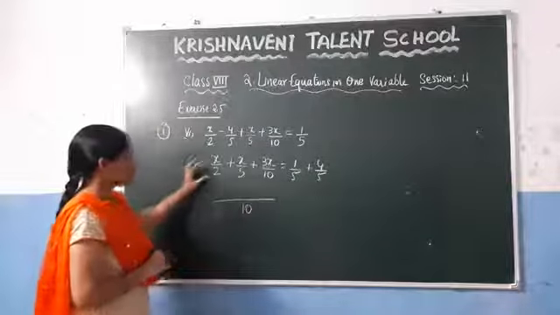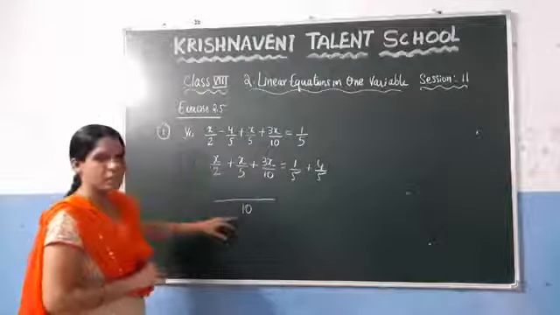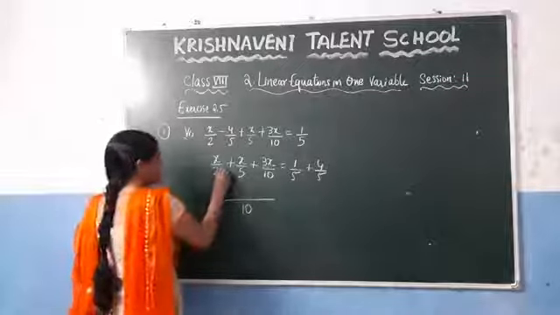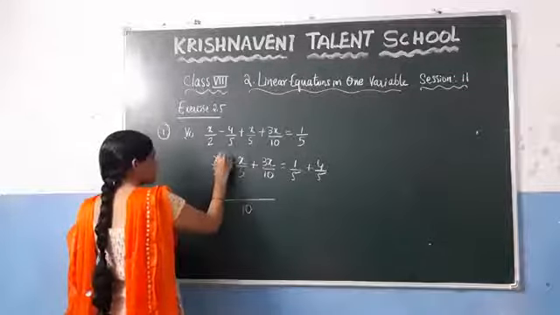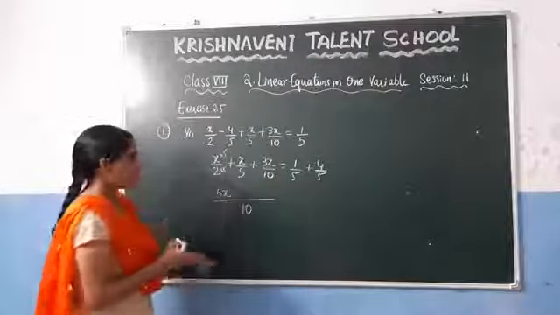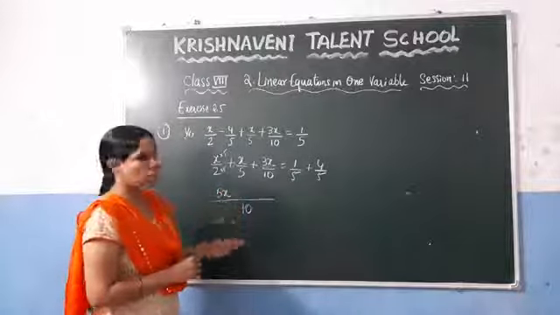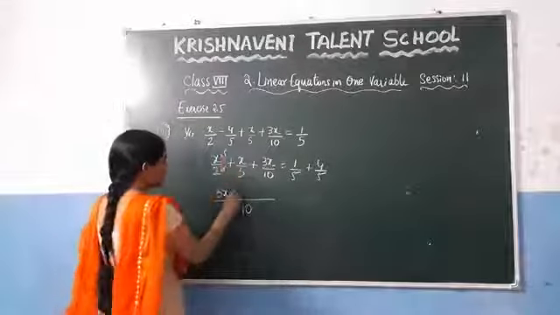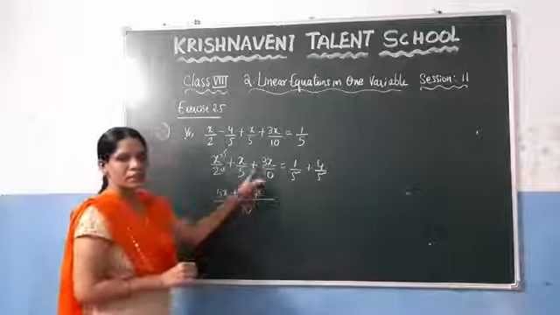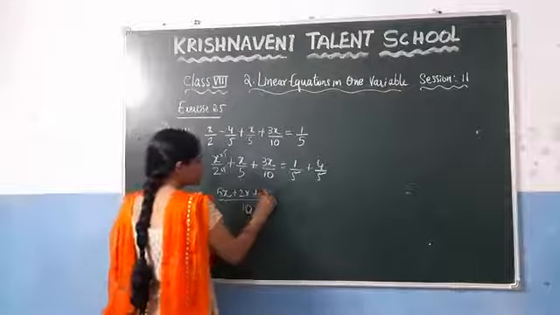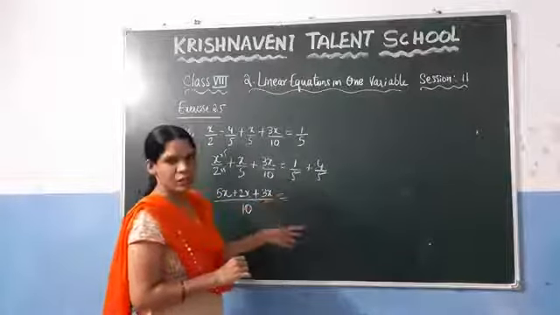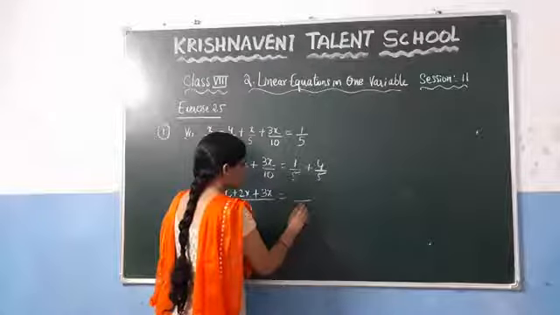Now here which number you need to multiply? You need to multiply here 5 because 2 into 5 is 10. So since we are multiplying with 5, you need to multiply here also 5, you will get here 5x. Now in 5 table when you will get 10, 2. So multiply with here 2, you will get here 2x. Plus since 10 is there, write the numerator plus 3x is equal to, what is the value of LCM of 5 and 5? You know that the LCM of 5 and 5 is 5.